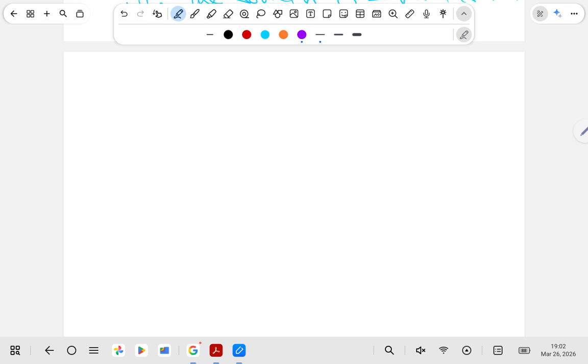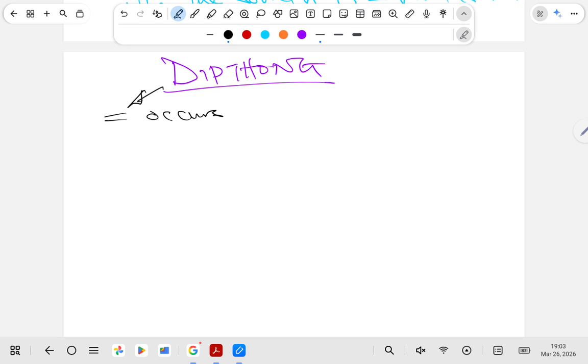Now, sometimes when two of the Greek vowel letters are put together, it leads into what is called a diphthong. So a diphthong occurs when